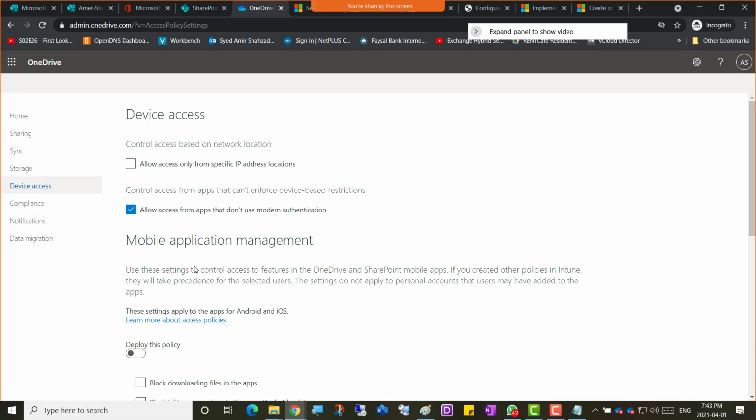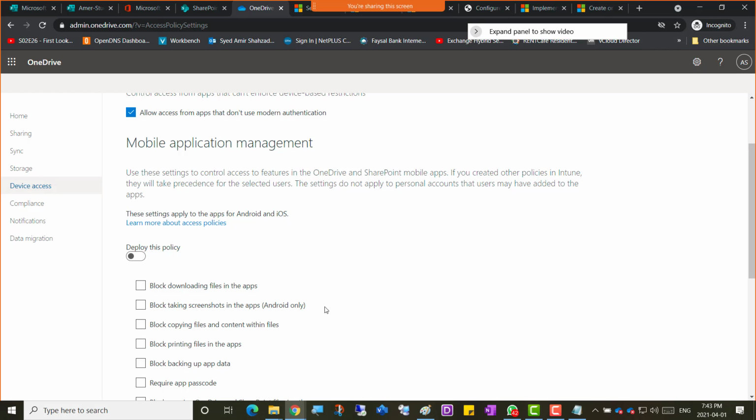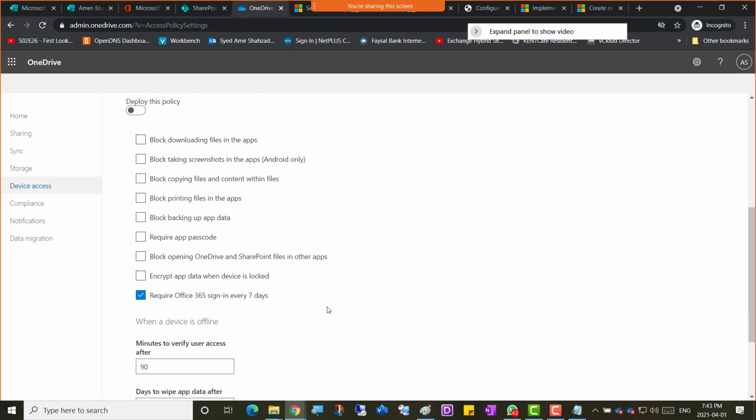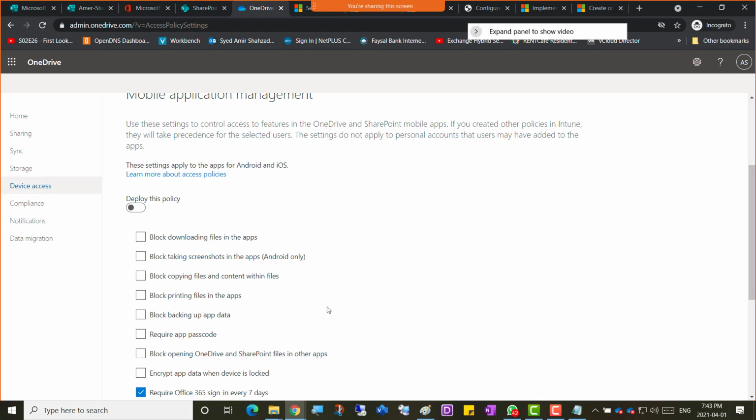Mobile application management. So use these settings to control access to features in the OneDrive and SharePoint mobile apps, right? So we're talking about cell phone apps, and if you created other policies in Intune, they will take precedence over the selected users. Now first of all, normally these policies are all grayed out, not clickable,